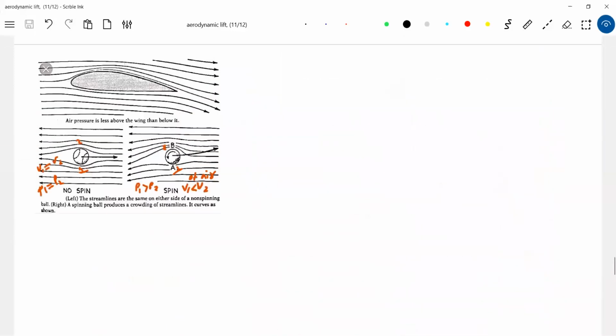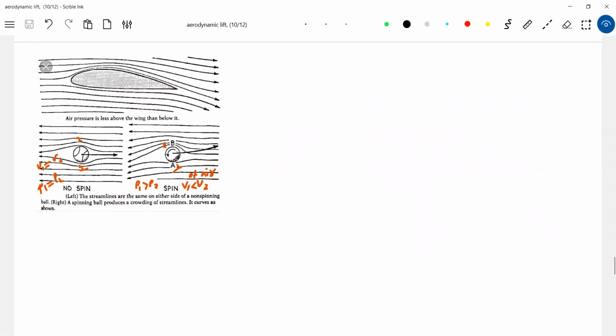Let's come to this. This will be much easier for you. There's a ball which is just rushing with a speed v, no spin. The air which was flowing here with the same speed will flow here. How much it was retarded here, that much it will have the same retardation. Here it had a retardation, and now also it will have the retardation. So what is the pressure at both the points?